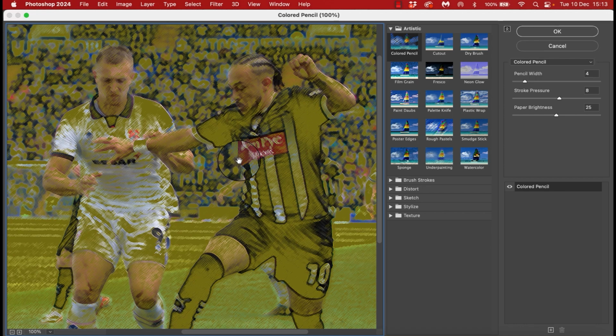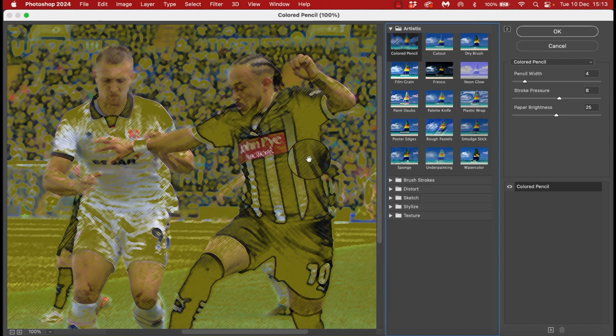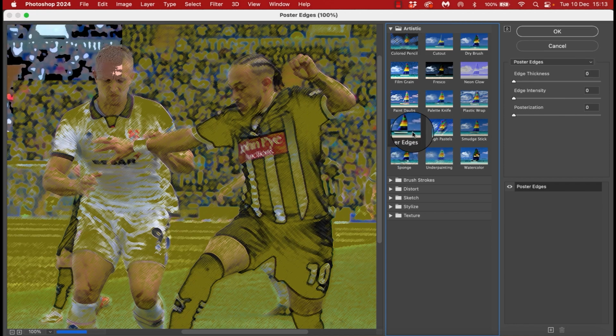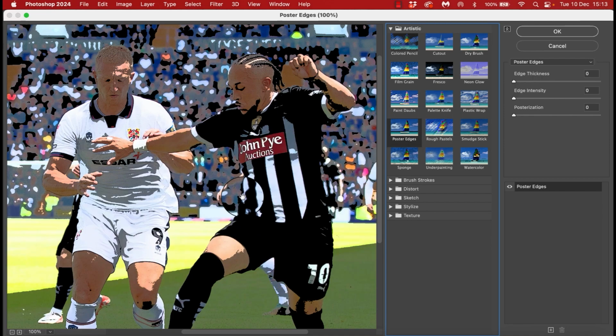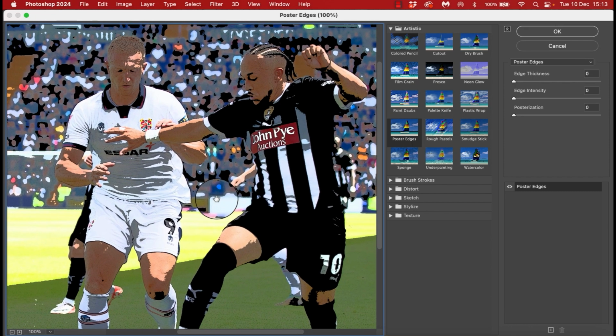Very quickly, you've got a live preview of what you're editing here in the large part of the screen on the left. The panel to the right of that is basically different types of filters you can apply to your image, and you can open each one up like that. But for this comic book effect, I like to use this poster edges option here. So if I click on poster edges, you'll see immediately it has really off the bat made that look